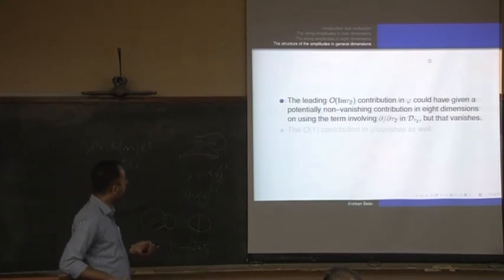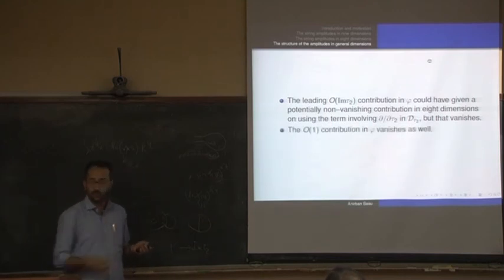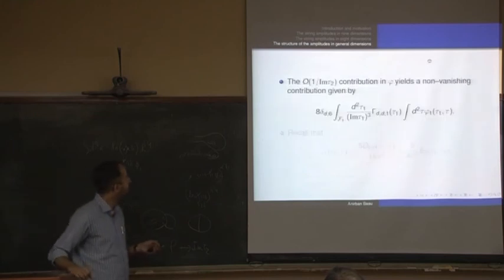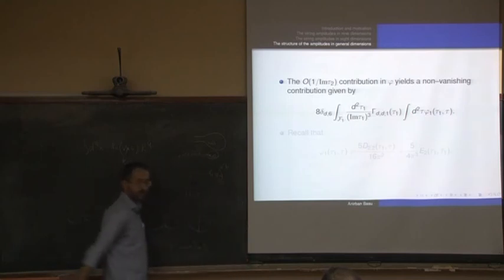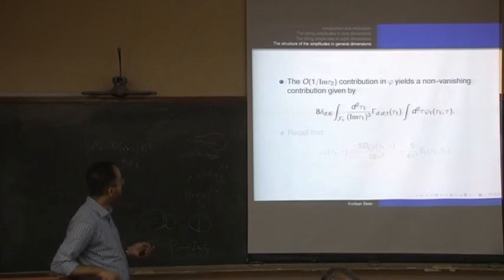And the order 1 contribution also turns out to vanish, because it does not give anything moduli dependent, so it must cancel in the whole amplitude. So you take the imaginary tau term, this vanishes, the order 1 vanishes, then the 1 by imaginary tau 2 term turns out to be a non-vanishing answer. Let's see what it is, and it is non-vanishing only in 4 dimensions.